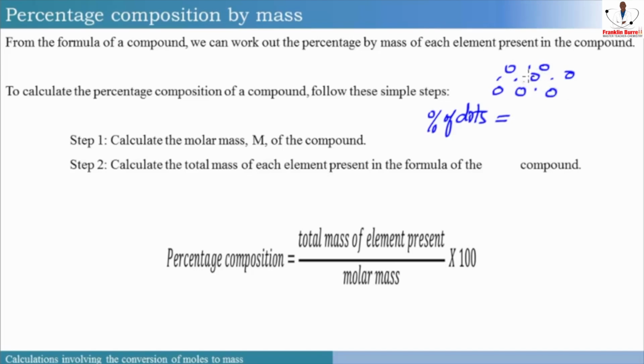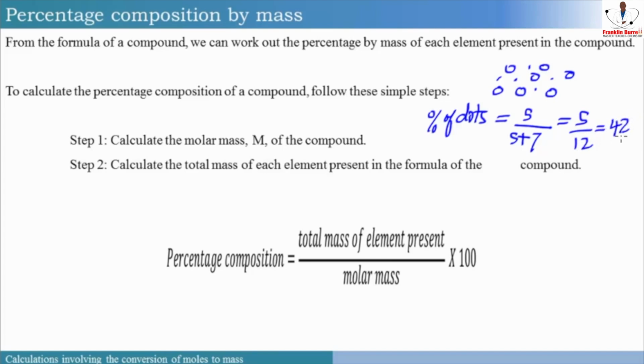I have 1, 2, 3, 4, 5. So that would be 5 over the total dots plus balls. So that would be 5 plus 1, 2, 3, 4, 5, 6, 7. So 5 over 12 would give me a percentage composition of about